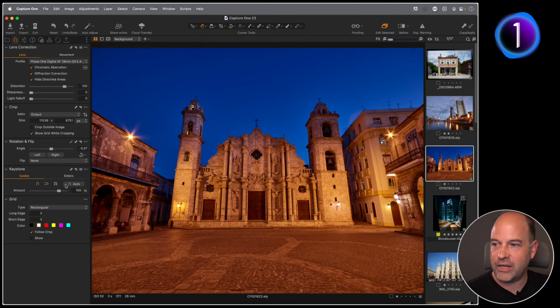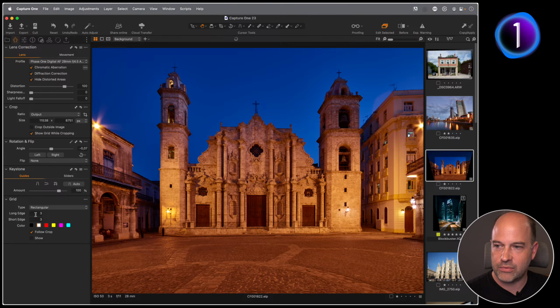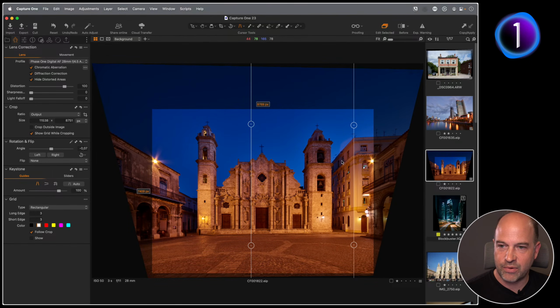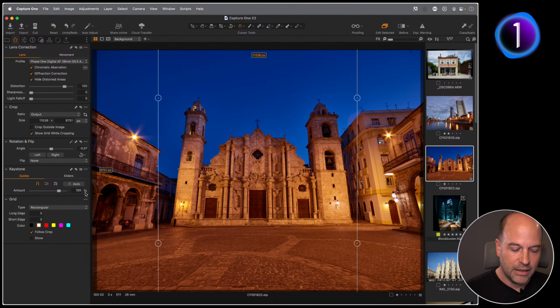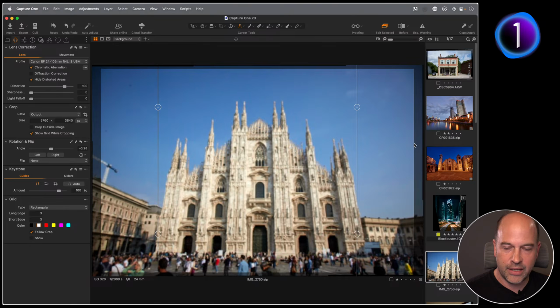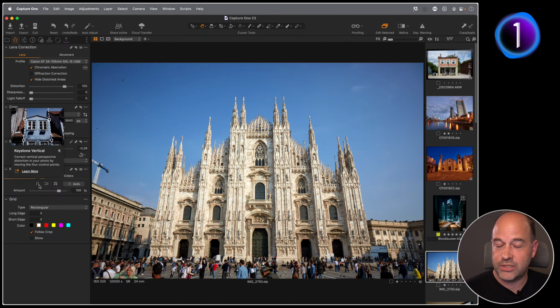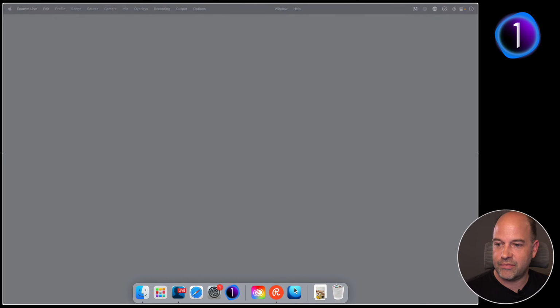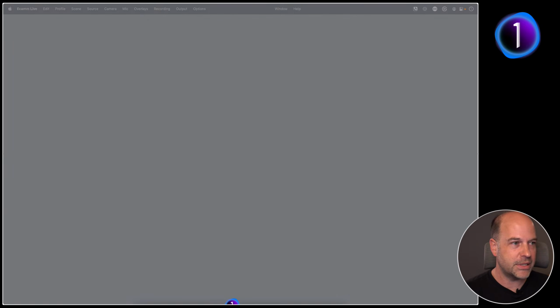So auto is simple. By default, it's on vertical only. So if I hit auto, that will simply straighten up. If you want to know what Capture One picked, again, this is a basic AI feature, if you want to know what Capture One picked as its reference point, you can always turn on the cursor and then you can see, okay, Capture One found this line and decided those were the best to use. Equally, if we go to something like, well, let's just try another simple one. Cursor tool doesn't need to be on, but as I said, if it's on, you can see what Capture One found, and of course, we have a crash, which is always a nice way to